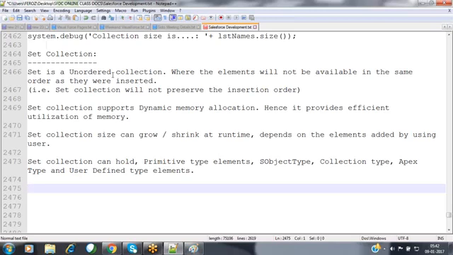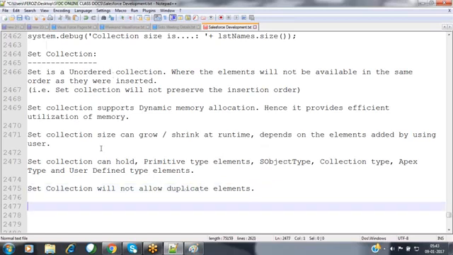If the element is there, it simply ignores adding it again. So the set collection will not allow duplicate elements. This is the most important feature.